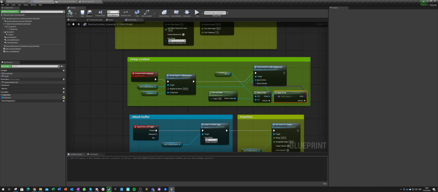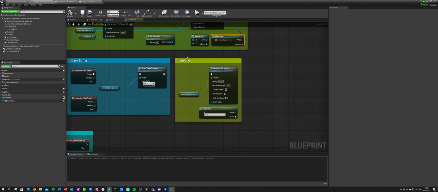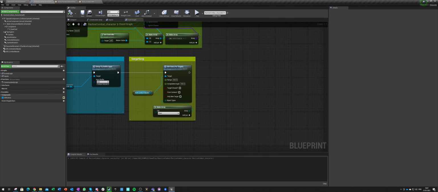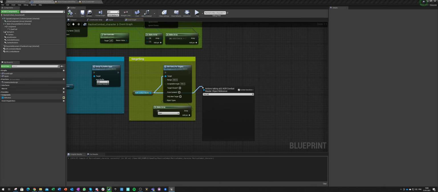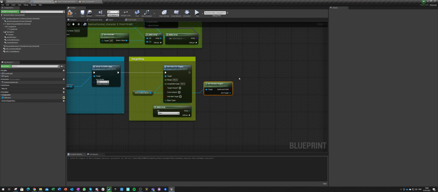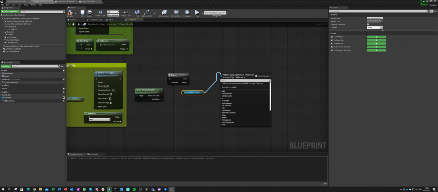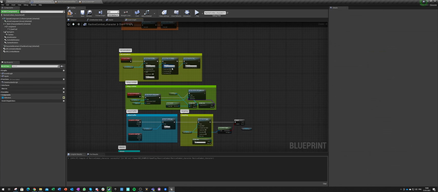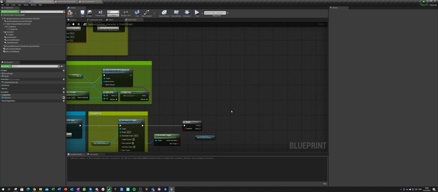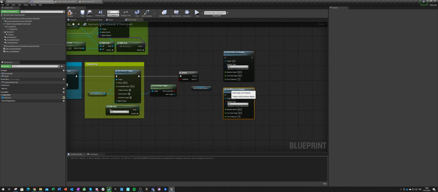Okay. So now when I do this attack, and if I have a target, so after that, has target or target, get auto aim target. So basically if I have a valid target, I want to take my animation master component and basically copy this, set up turn rotation, and do it twice.